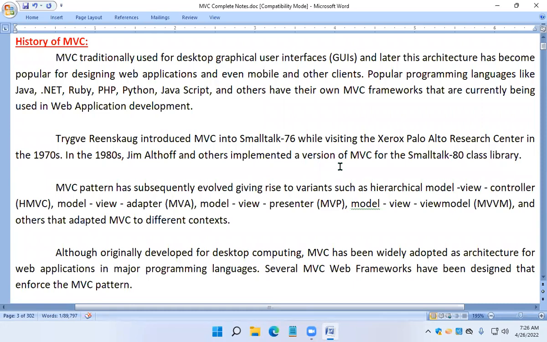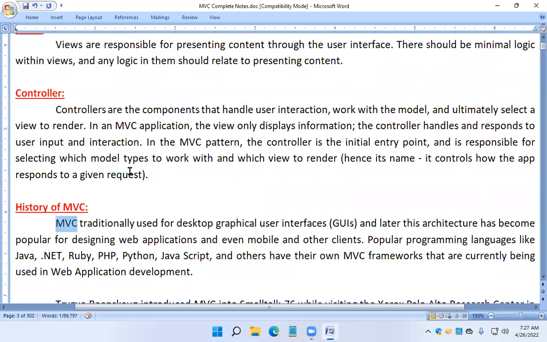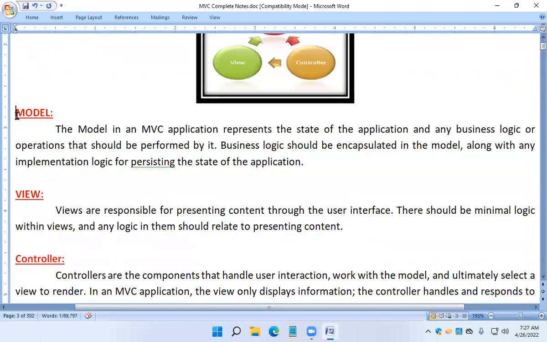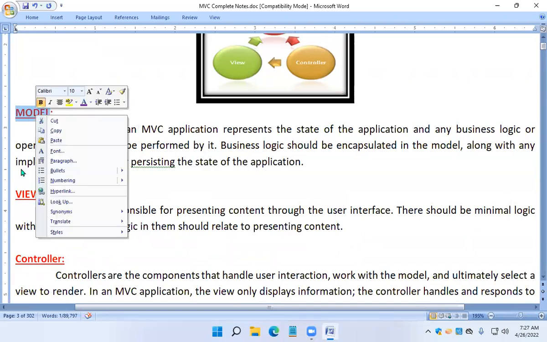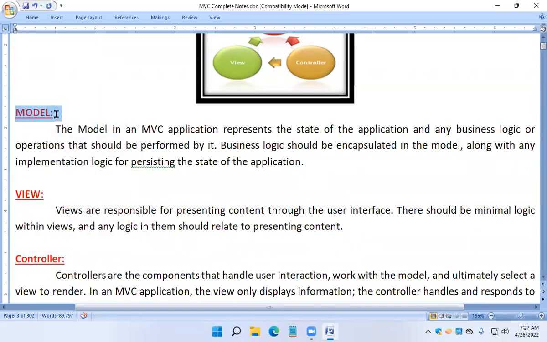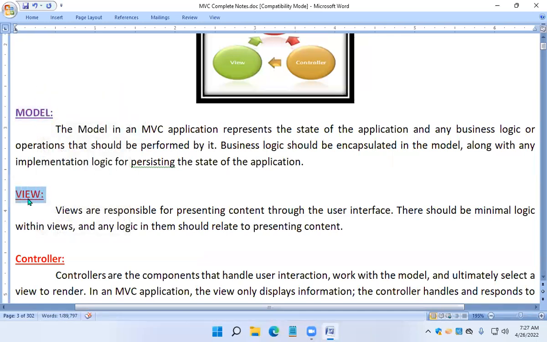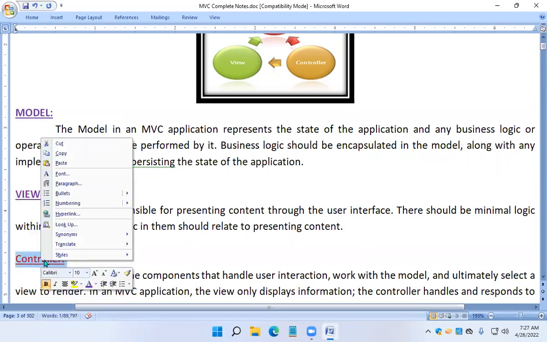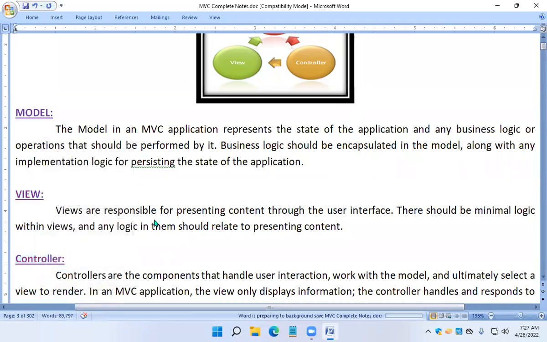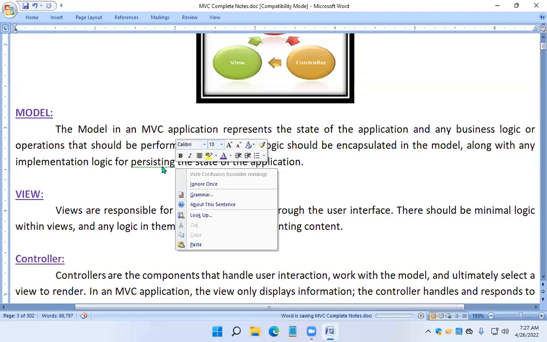Today we'll talk about the history of MVC, how exactly MVC came into the market. Today we are using MVC for building web applications. But actually, as I said to you in the first session, it was not designed for developing web applications. What I mean is, in the 70s,